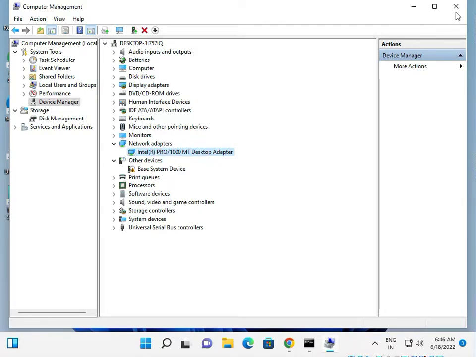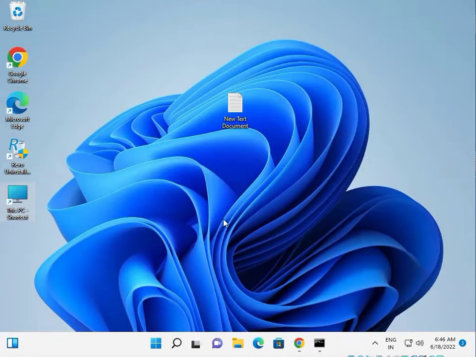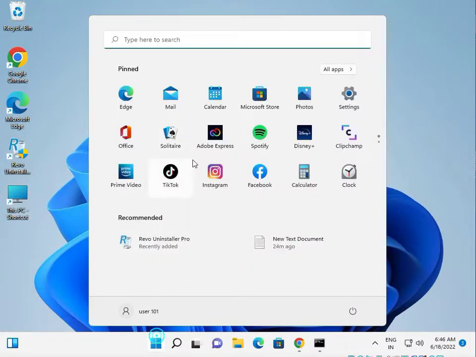And then close. If you are using a desktop, open and check which motherboard you are using and then search. If you are using a Gigabyte 501, search and download and install, and then restart. And the second step is, guys, you